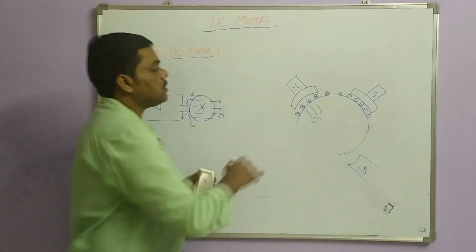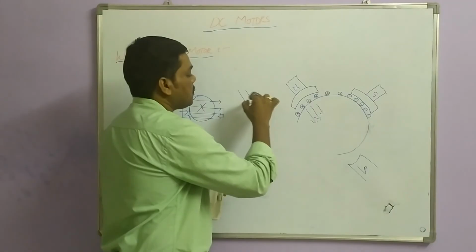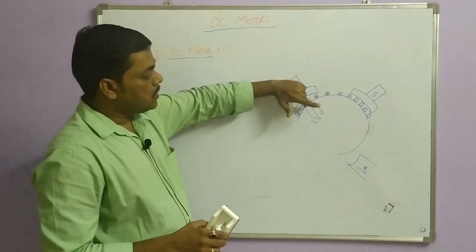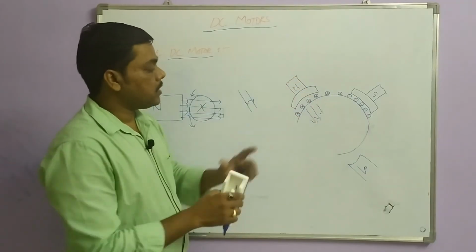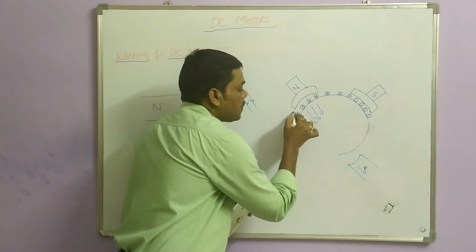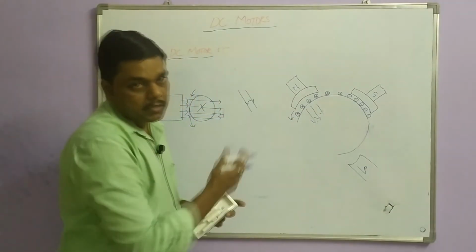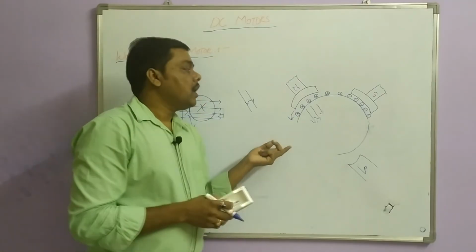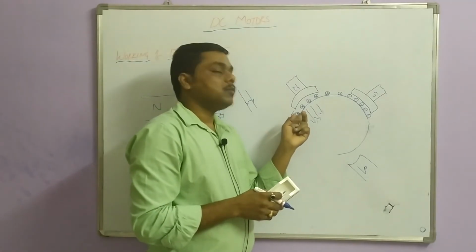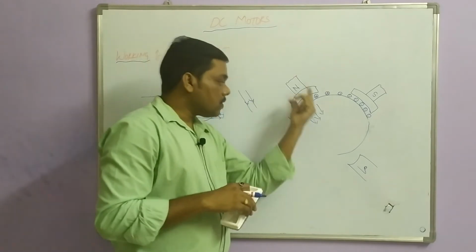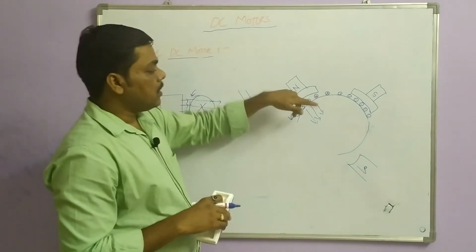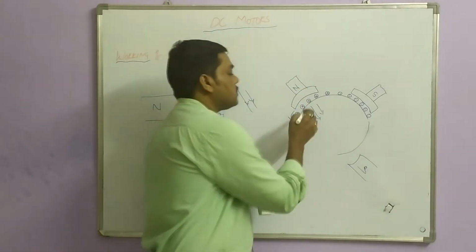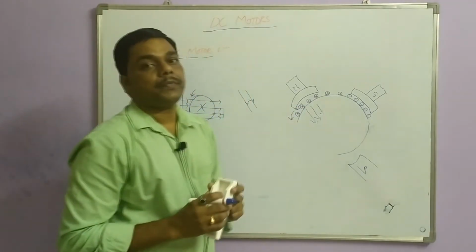If the flux is in this direction and you place the conductor here, this is the entering current and this is the flux direction. Now the direction of force will be like this. That means it is inclined, so the force line is also somewhat inclined. The second conductor is similar to the first conductor: the direction of flux is the same and the current is entering. What is the direction of force? Again it is also trying to move in this direction.